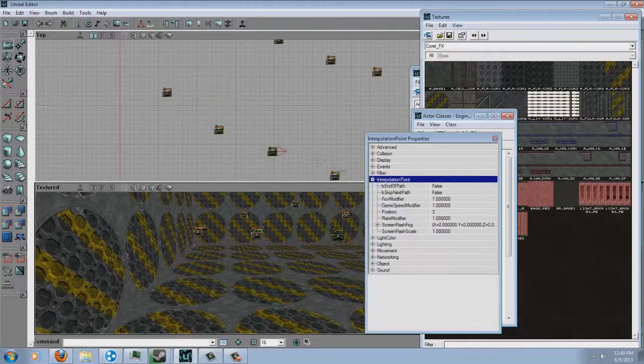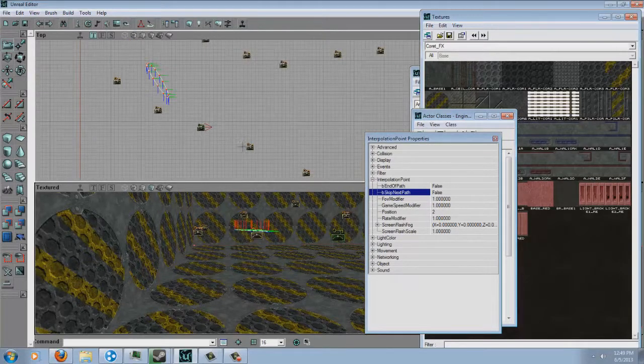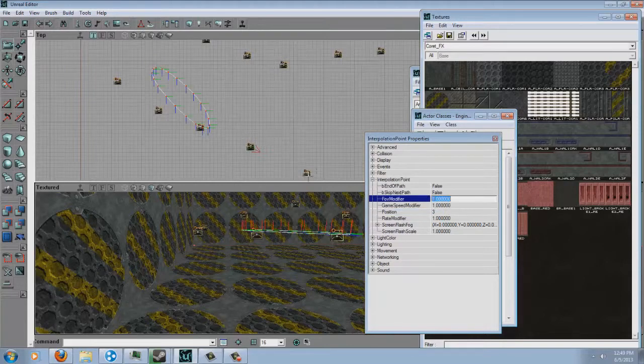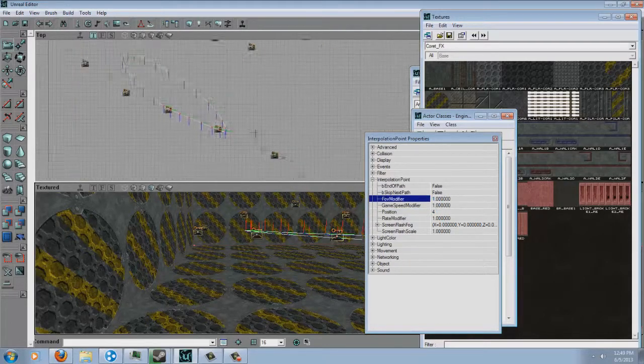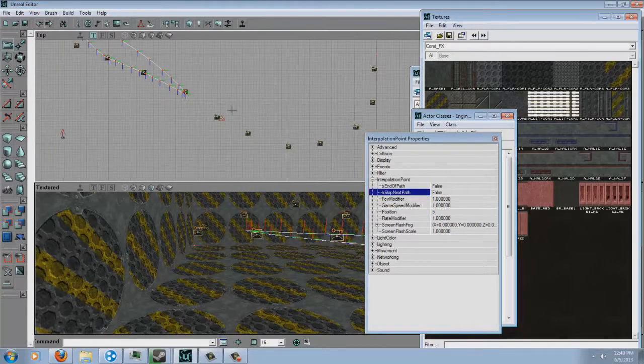Now you'll see there's a creation of a line. If you just saw, that is basically the visual path on Unreal Editor that shows where exactly this interpolation path goes through, and it gives you a general idea of what it will look like in game. You'll notice that this has 3